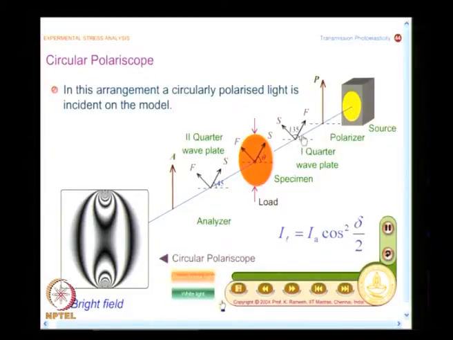And what people have found is, if I keep the quarter wave plates crossed, the error introduced because of mismatch of the quarter wave plate is minimal. I can show you the graph without proof, but this is a thumb rule and that is how many conventional photoelastic analyses are carried out, and the same knowledge extends even in digital photoelasticity. So, now what we will do is we will go and look at how to analyze this mathematically.